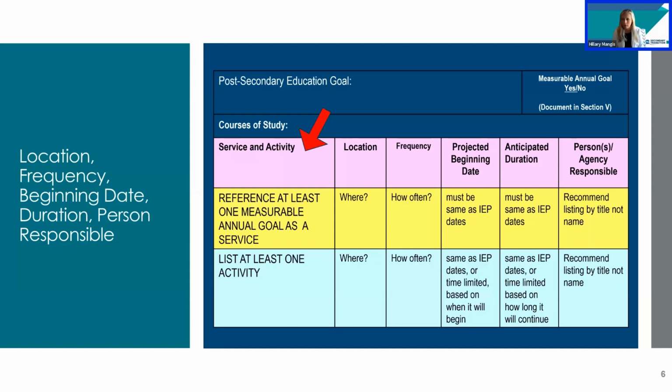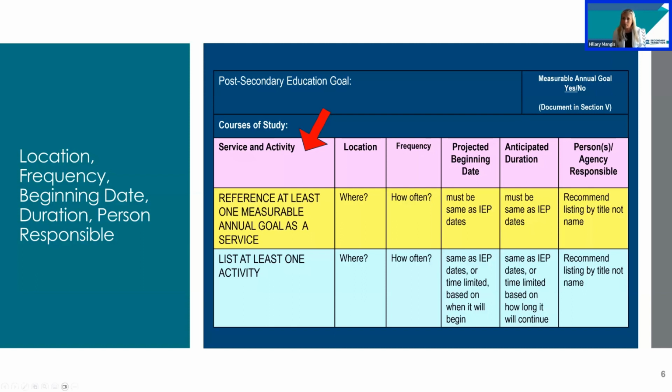One thing I do want to caution you on is to remember that the LEA, the local education agency, is the owner of the IEP. So if they're putting an agency, such as the Office of Vocational Rehabilitation, and OVR isn't staffed appropriately due to a shortage or a change in a position, the LEA is still responsible for making sure that service or activity has occurred. So just please be cautious that just because you think it's somebody else's responsibility or you document it, that you're aware that it's still your responsibility as an LEA to make sure that activity happens.